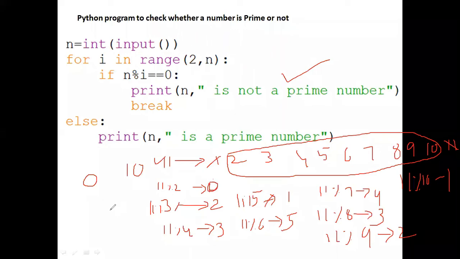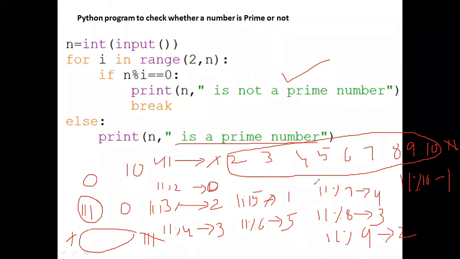So for example, if I take 111, is this a prime number or not? How can we find it? We run the loop from 1 to 111. In this, we remove 1 and 111, and 111 is divided by all the remaining numbers. If we get 0 as a remainder in any one case, then we say that it is not prime. If in all these cases I get a non-zero value, then we say that it is a prime number. That is the condition here.